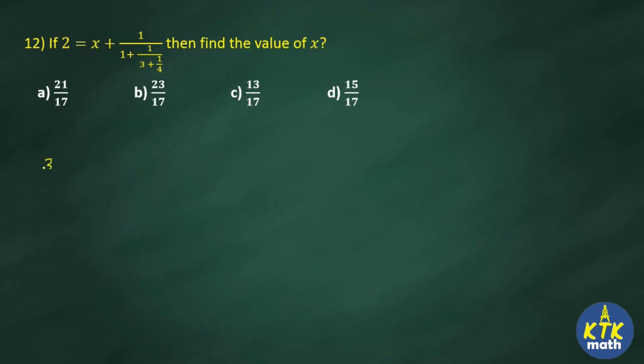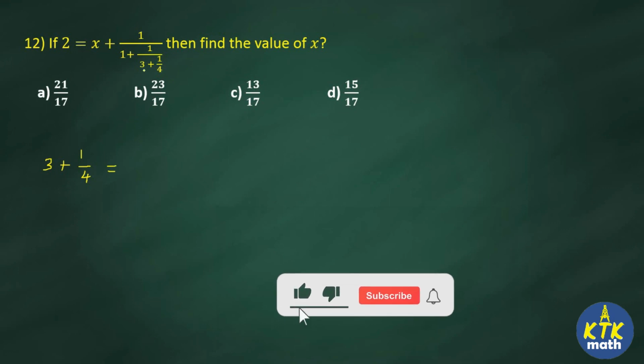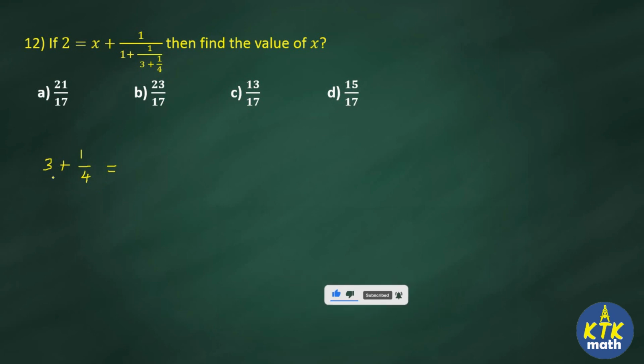First you check 3 plus 1 by 4. That is, from the bottom I am going to do the process. So first you solve this one, 3 plus 1 by 4. So you know how to solve this. Just cross multiply and add. 4 3s are 12. 12 plus 1, 13 by 4. Okay, 13 by 4. So now in this place you are going to write 13 by 4. Listen carefully. In this place we are going to write 13 by 4.